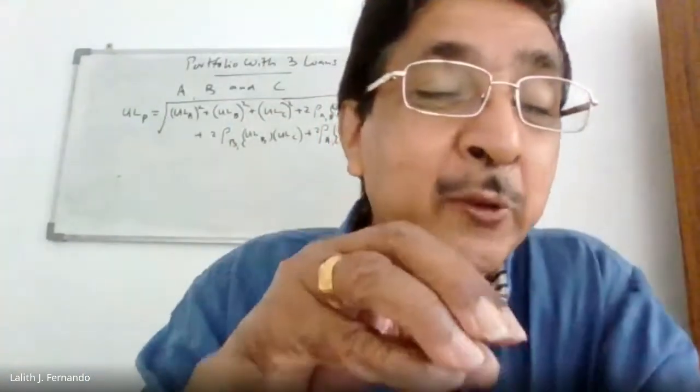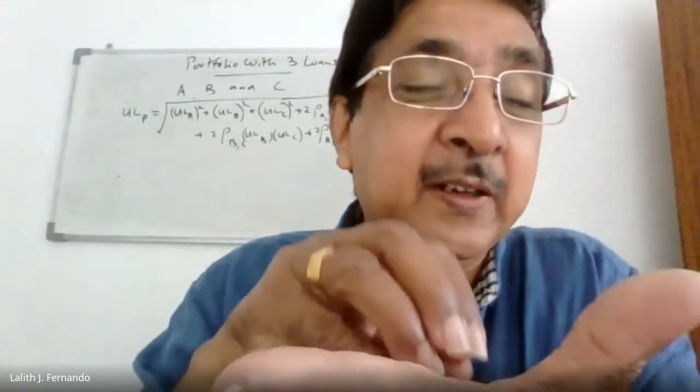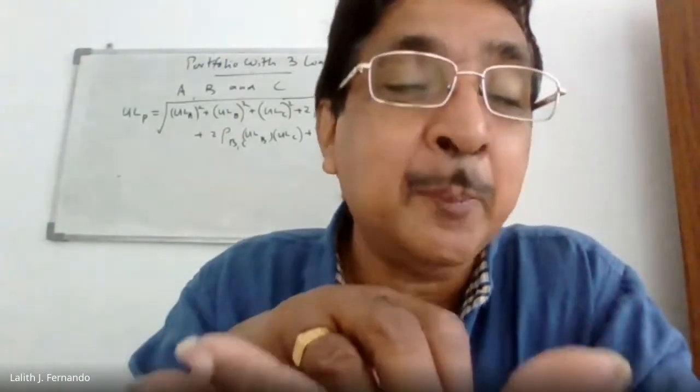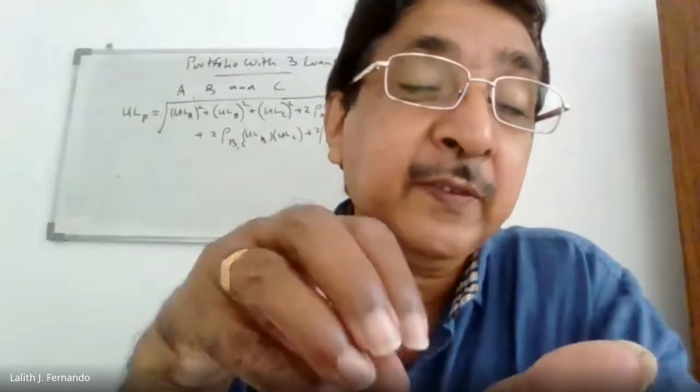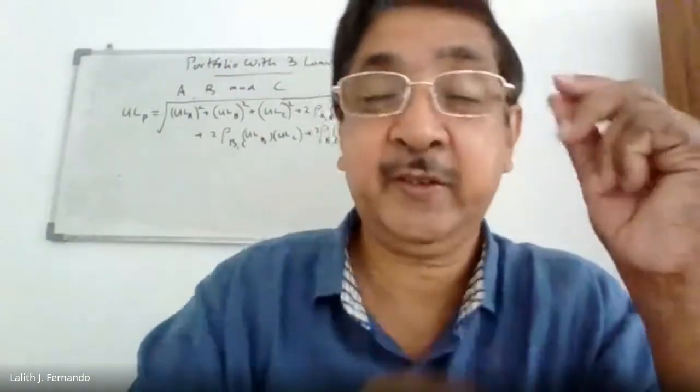Right. So just give me the formula then. Just assume that you have n numbers, n assets. That is a number. It can be anything, 1, 2, 3, 4, whatever it is. Then what will happen to n?